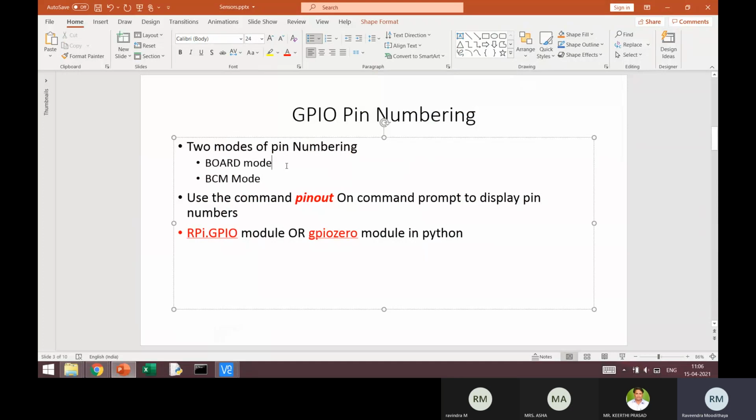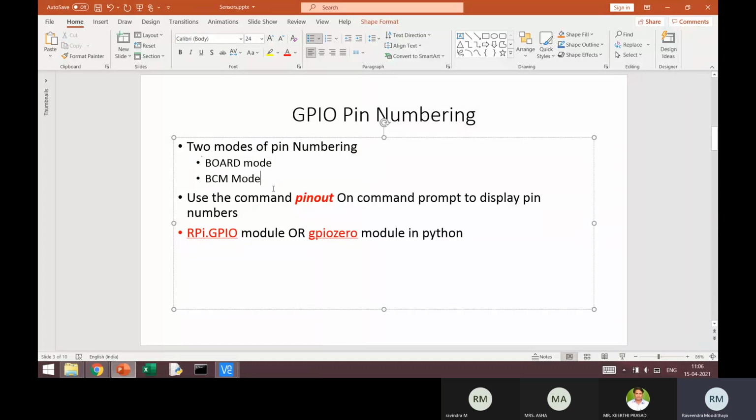In software you should release all the pins. Suppose you are using 4 pins in one experiment, you should release all the 4 pins by using a command called close, so that all the pins will be closed, and then you can use them once again in another experiment using this mode. But for a given project, suppose you are doing a big project, it is always better you decide on which mode you want to work with, and that mode will remain fixed for the entire project.